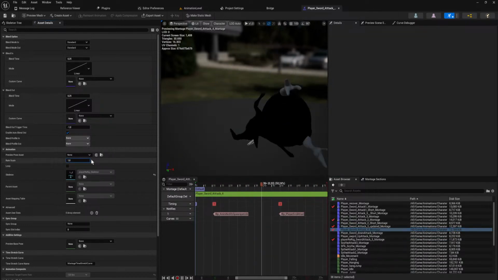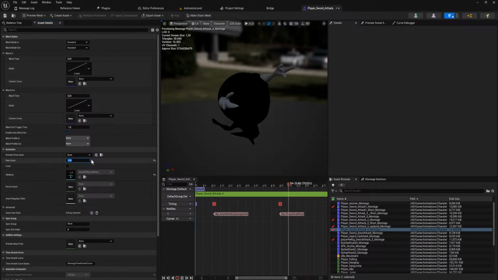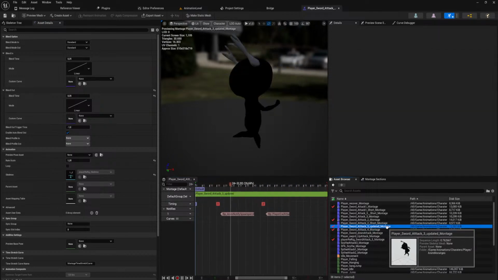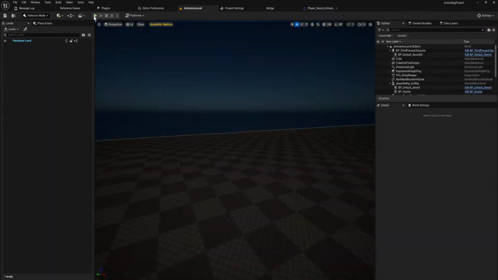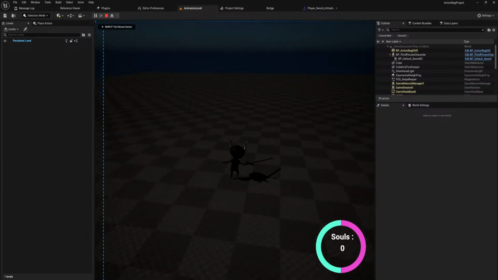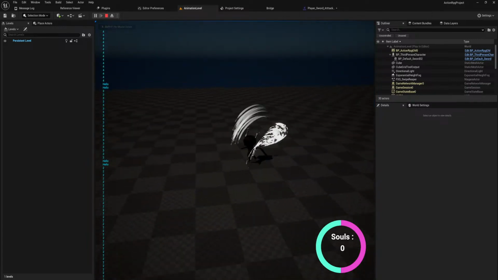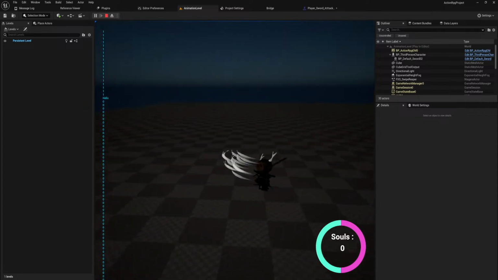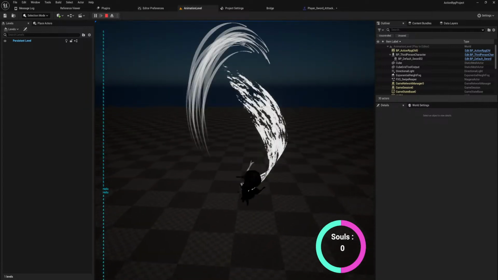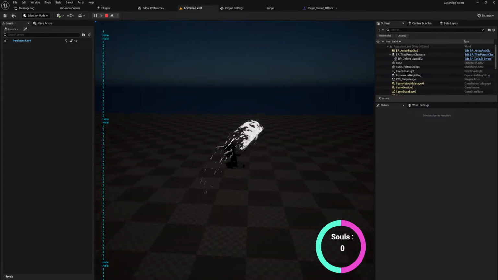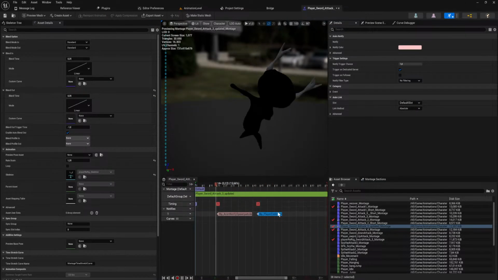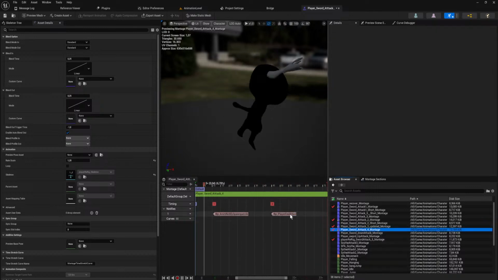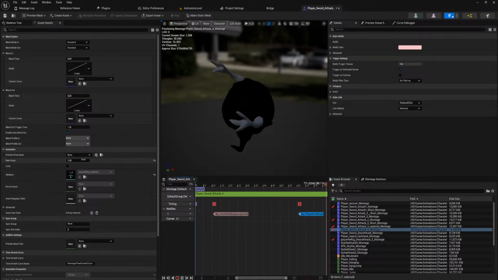So this one also just needs to be increased a little bit like that. So it'll be 1, 2, 3, 4. Needs to be a clear distinction between animation 4 and 5, so this actually needs to go a little bit later.